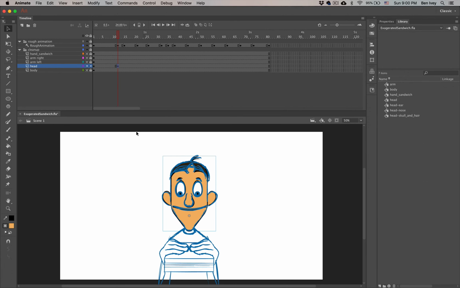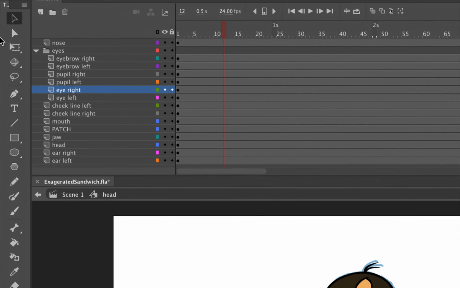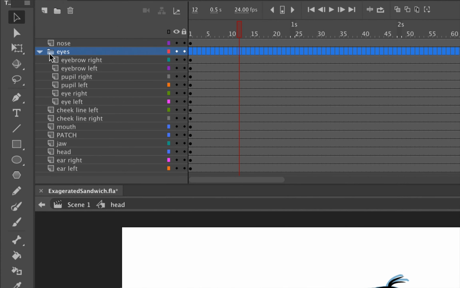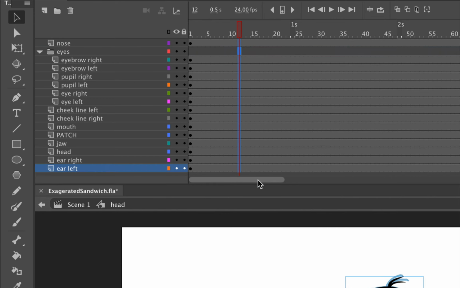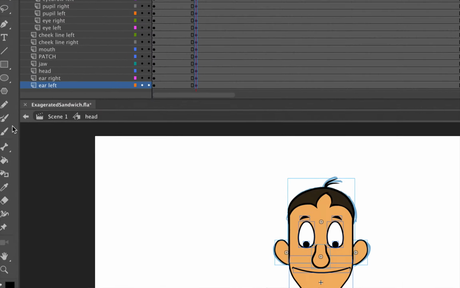The next thing we need to do is to double click on the head, and this will bring up the head isolation mode, and I've expanded my layers down so I can see every single layer that's inside of the head layer. If you don't see the eyes, you can also open up the eye folder as well. With the 12th frame selected inside of the head area, let's click and drag and select all of the frames within that row. When we hit F6, this will give us a keyframe right there that we can start the animation of the head. Next, let's return to scene 1,